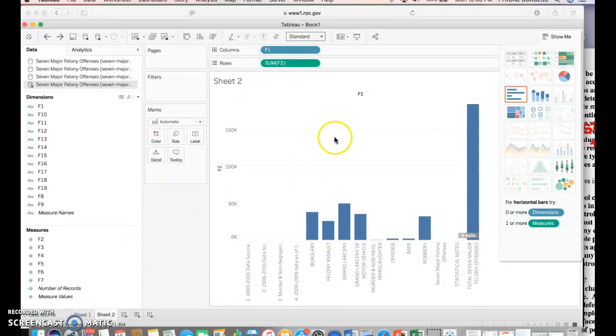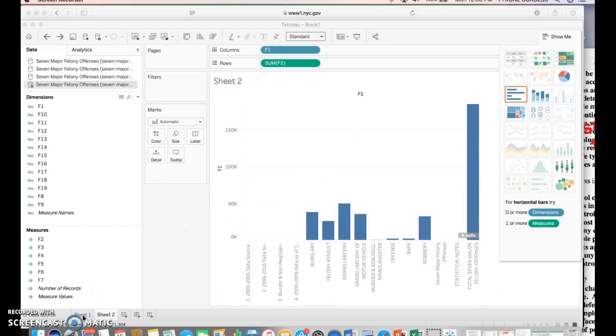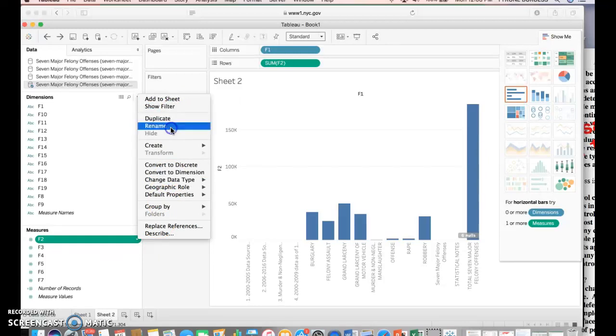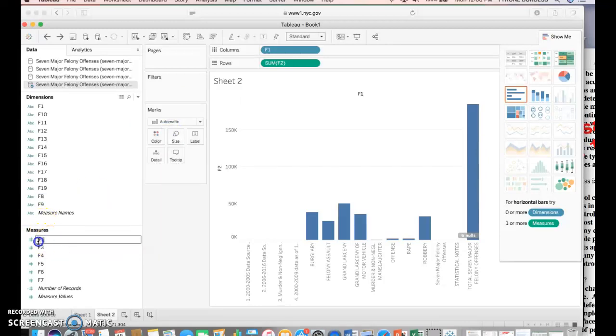I've taken the liberty of making another worksheet prior to this. I could click here. Doesn't work. Nonetheless, I will go about showing how to rename the particular measure. You could go here to this tab, hit the drop down. You could rename it. I could call this here crime data 2000,